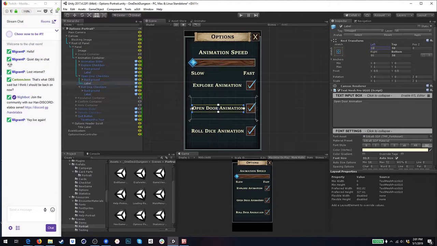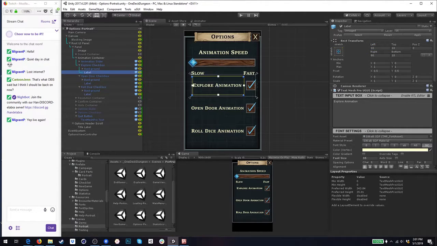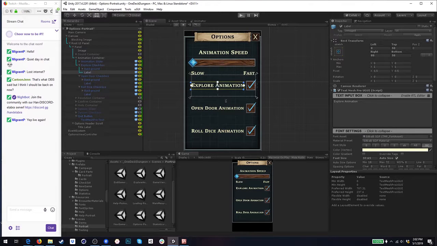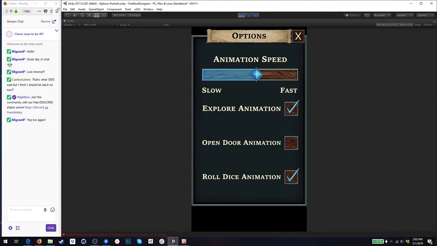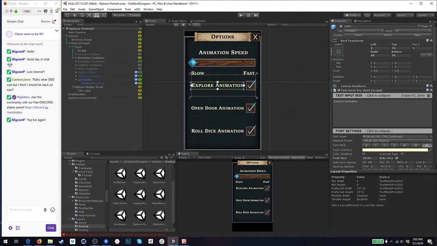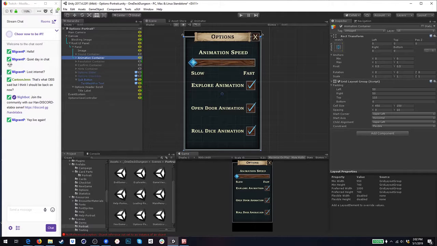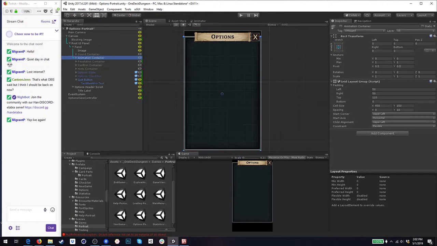And I'll adjust these labels. So then that works. We can auto size this one too. Alright, so this is looking about right. We could probably fine tune it a little bit, but the general idea is there. These check boxes are large, you can see this. So I think that's probably okay for the animation page. So I will close that, and then the third one is going to be the gameplay, which is going to